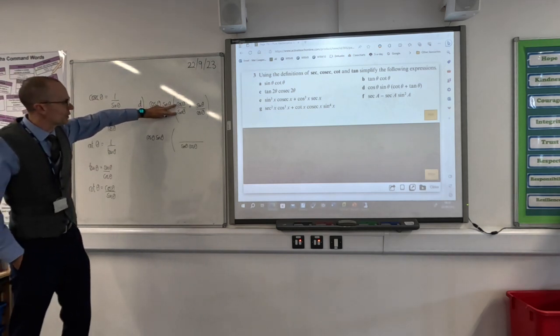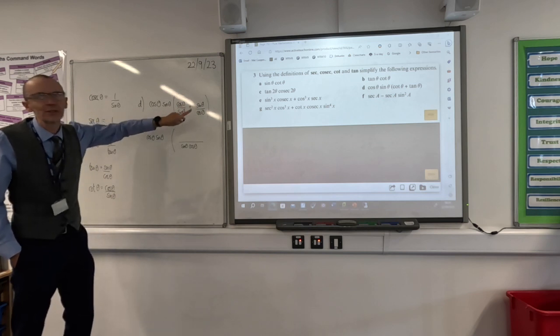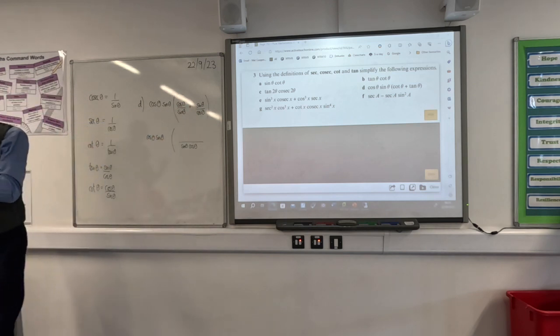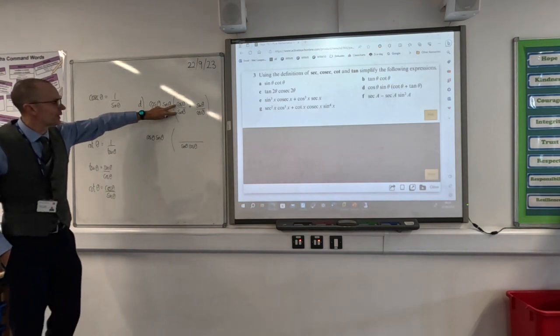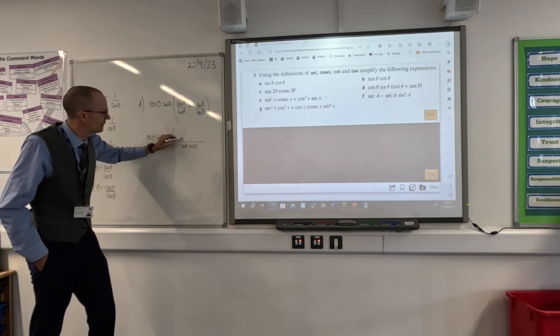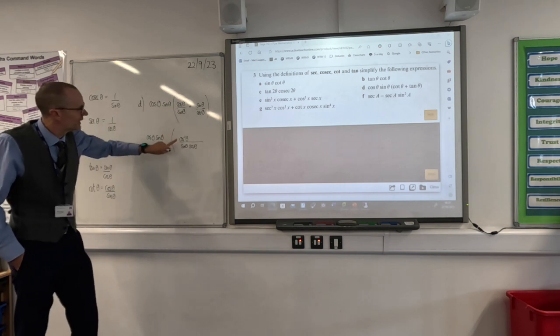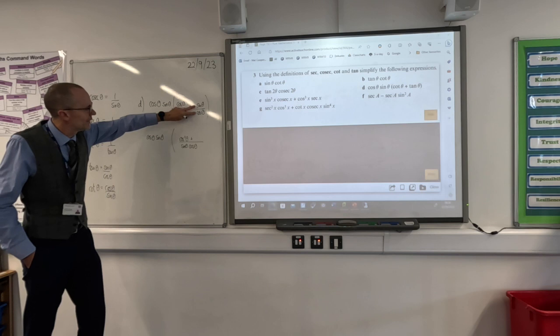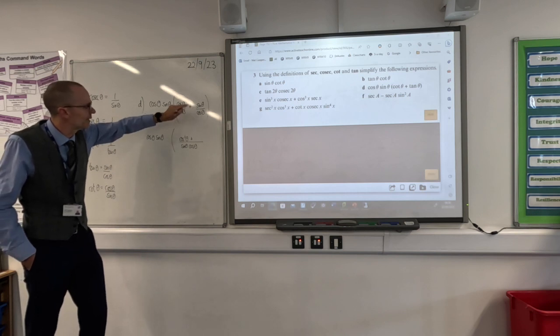So cot is cos over sine and tan is sine over cos. If I want to add those two fractions together, I need a common denominator. So the common denominator will have to be sine times cos. So if I want this to have a denominator of sine cos, I need to multiply top and bottom by cos. So that means this has got to be multiplied by cos as well. So it becomes cos squared. So that fraction becomes that. If I want this to have a denominator of sine theta cos theta, then I need to multiply top and bottom by sine. So this becomes sine theta cos theta. This becomes